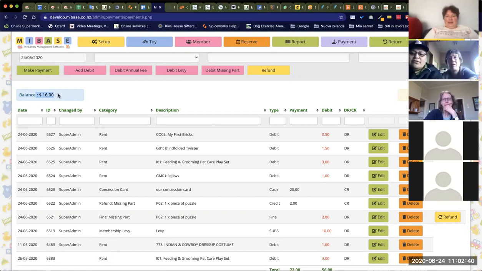Okay. So the system is doing everything. You just have to correctly add the concession card once. They make the payment, and that's it. I was always told you add the concession card and then you make the